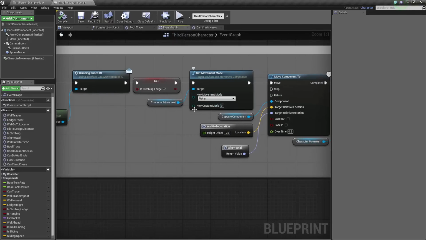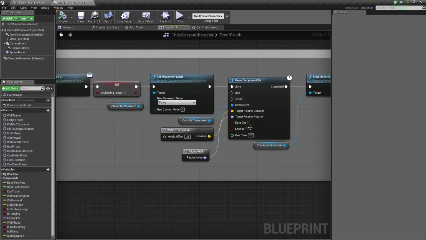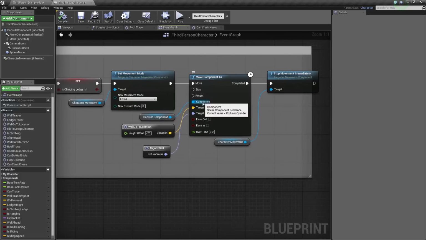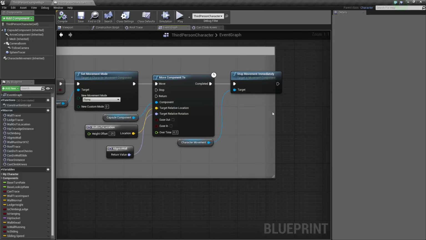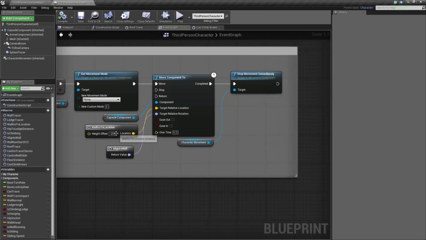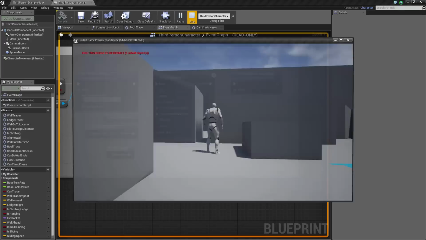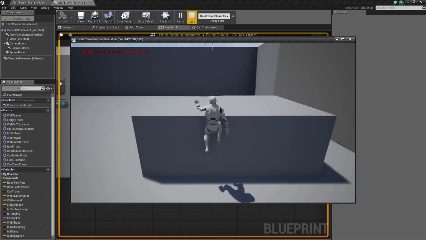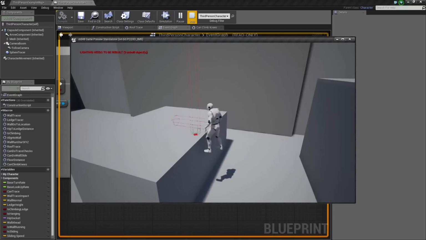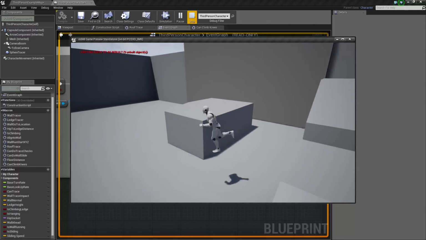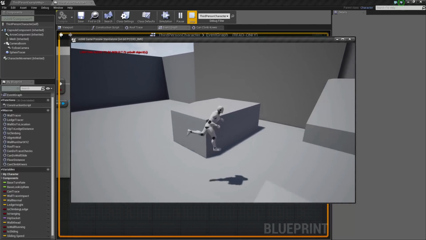Yes, we are setting into flying, and then we are moving the component to the correct location to do the actual animation. So I'm going to make this a little bit higher, so it goes to location just a little bit above, and it's still doing some weird stuff, and now it's just flying